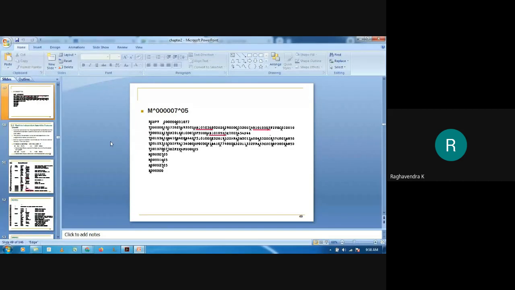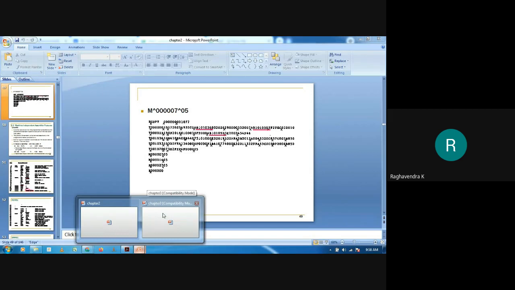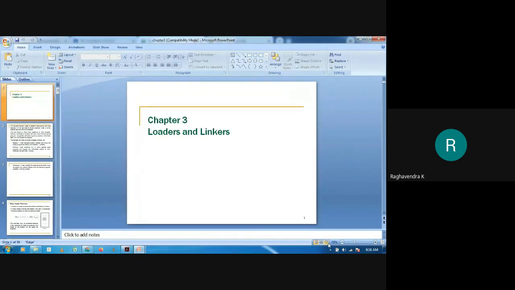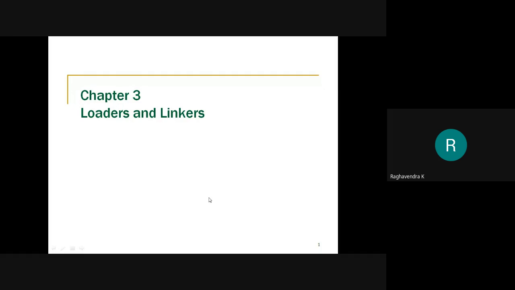We have to discuss machine independent features, but before going to that, I will skip ahead and discuss one of the important concepts that is required, which is loaders and linkers. There is a lot to learn about this system software, loader and linker, but unfortunately in the syllabus they have specified only a very small part, and that only corresponds to loaders.